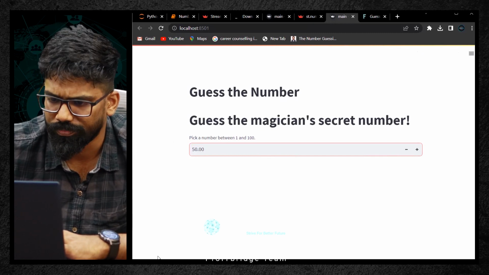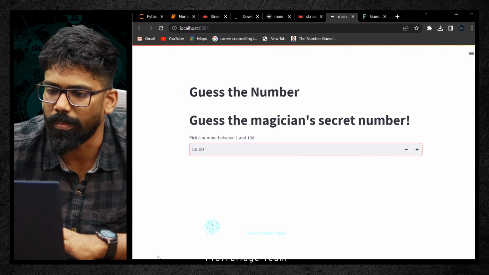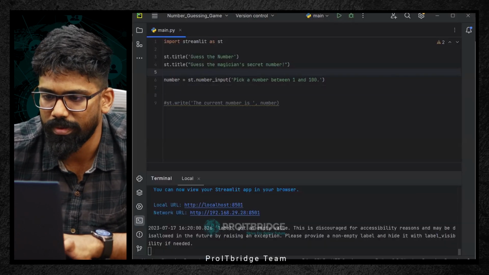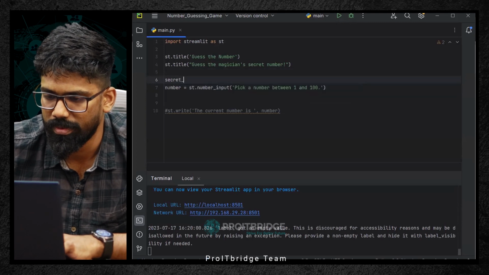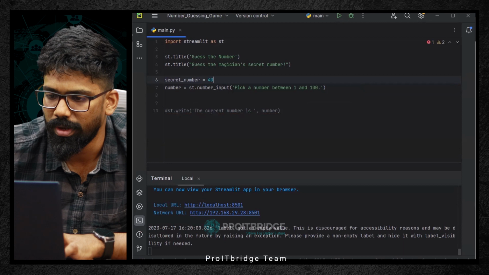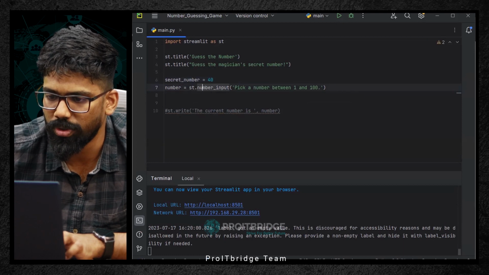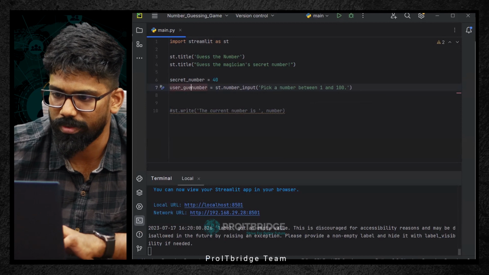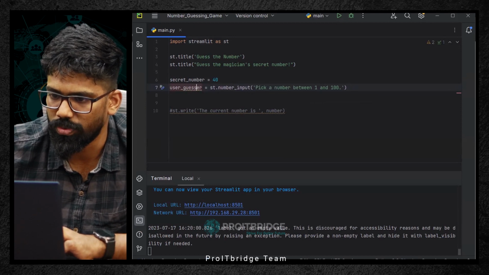So for that, first you need to declare one number. Before getting a number, I'll say secret number is equal to, maybe I'll say it is 40. Now this one is nothing but the user guess number. I'll say user guess.